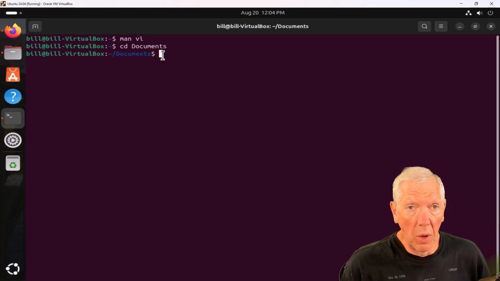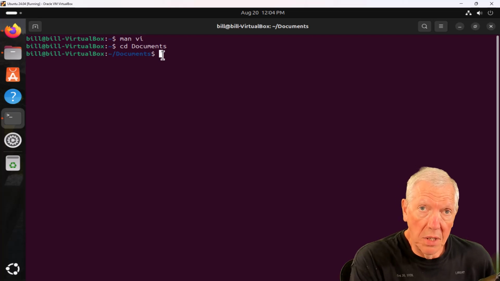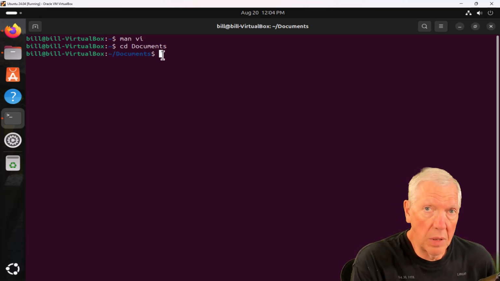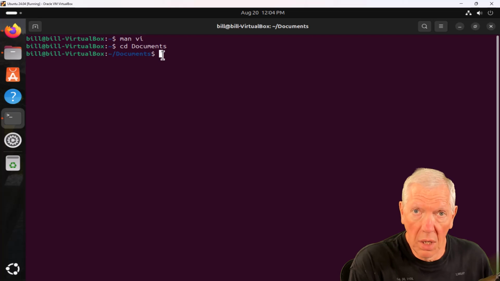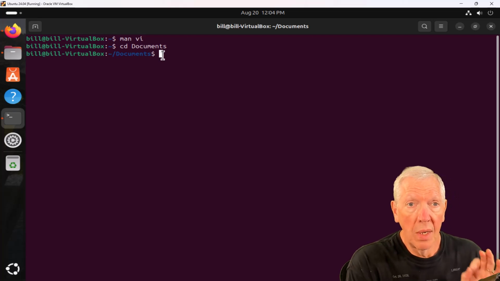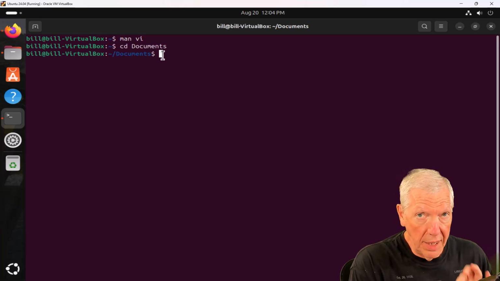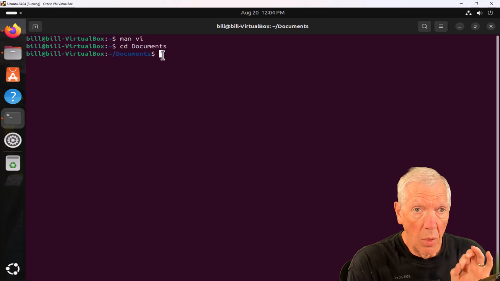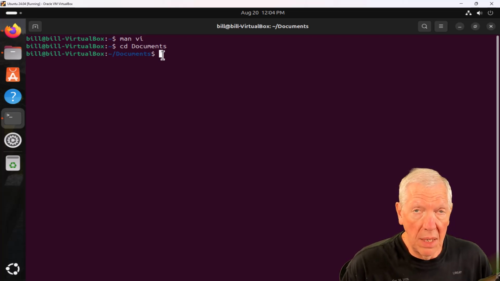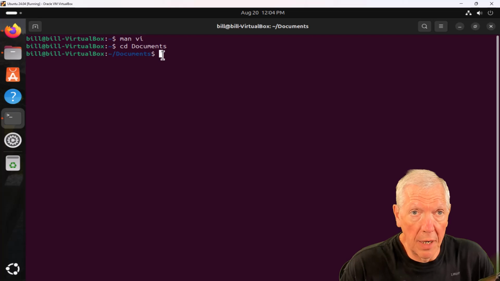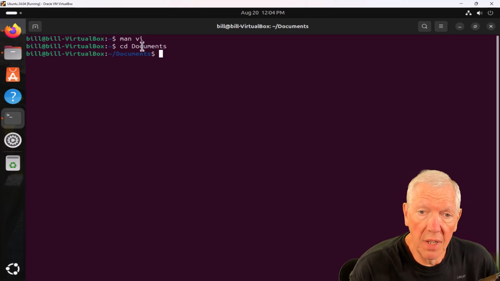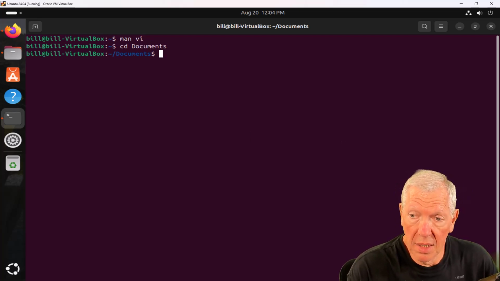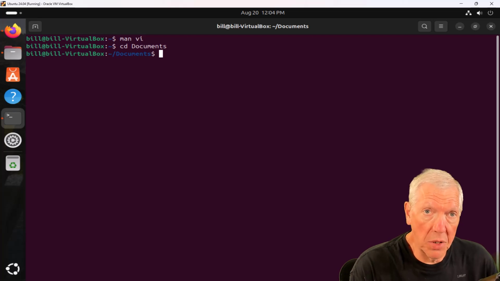And so you'll have to watch that because Linux is case sensitive, Windows is not. So you could do a lowercase d and Windows would know what you were talking about, that you wanted to go into the Documents folder. Linux doesn't do that. It likes to see proper case, which is why in many, many cases, especially in old style Linux, you're going to see stuff that is all lowercase and separated by underscores.